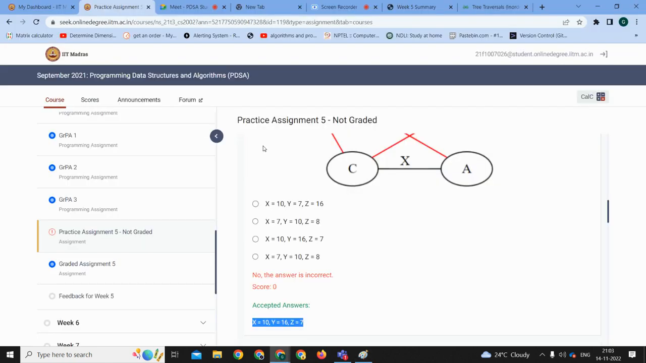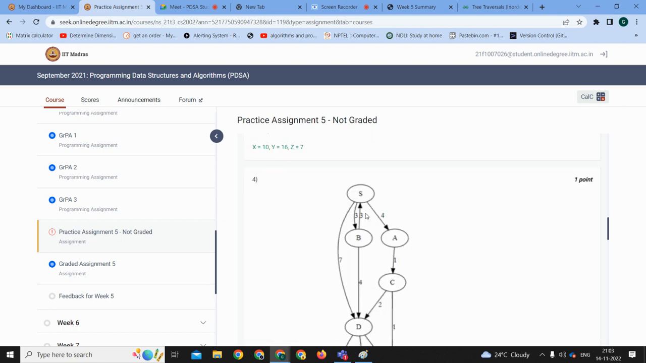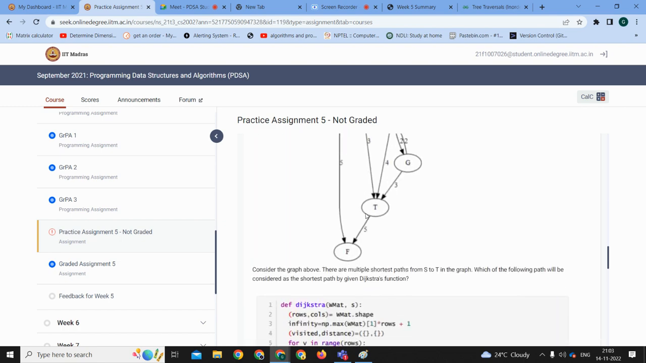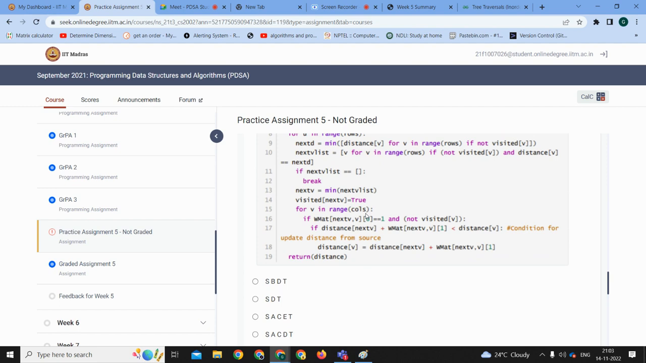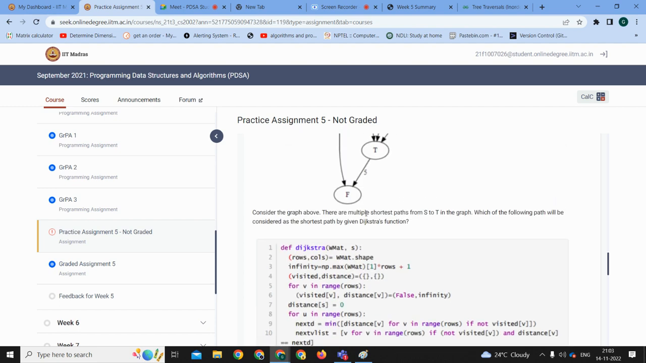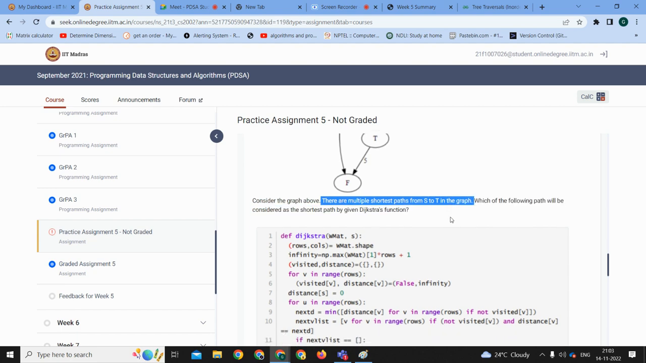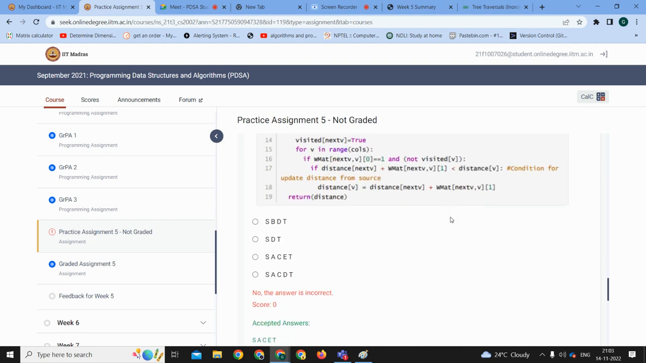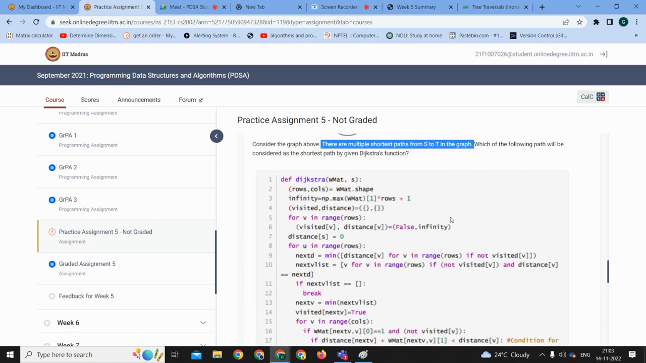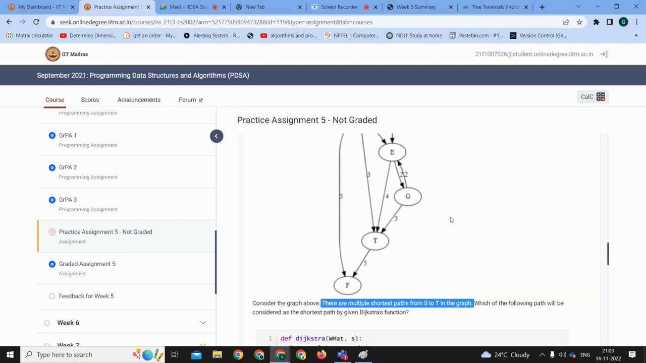Probably we'll have some more questions like this in the previous term question papers. So when we do those things, then we'll be able to do that. Okay. And this is basically that there are multiple shortest paths from S to T. Which of the following paths will be considered as the shortest path given by Dijkstra's algorithm? So from S to T,